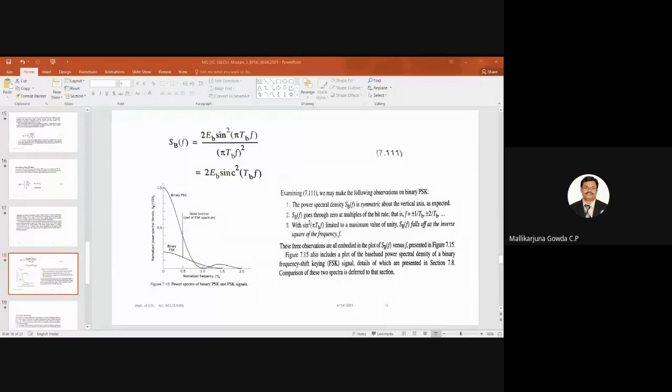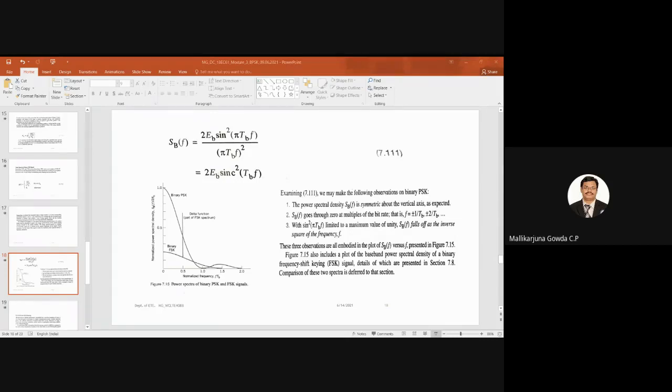At this point of time, I am just saying what is the expression for the power spectral density of that signal and how it looks graphically. Okay. Yes, is that fine? Yes, sir. This is the power spectra of our binary PSK signal, and I said it is symmetric about